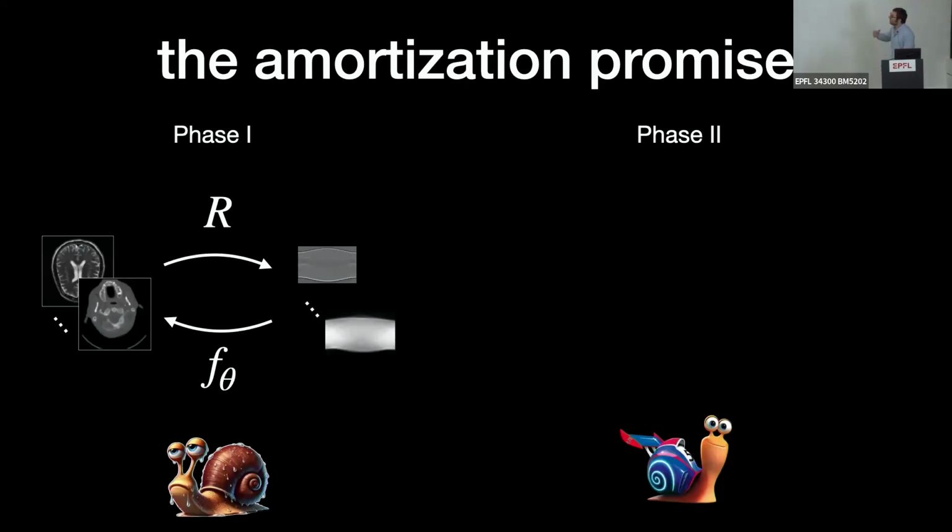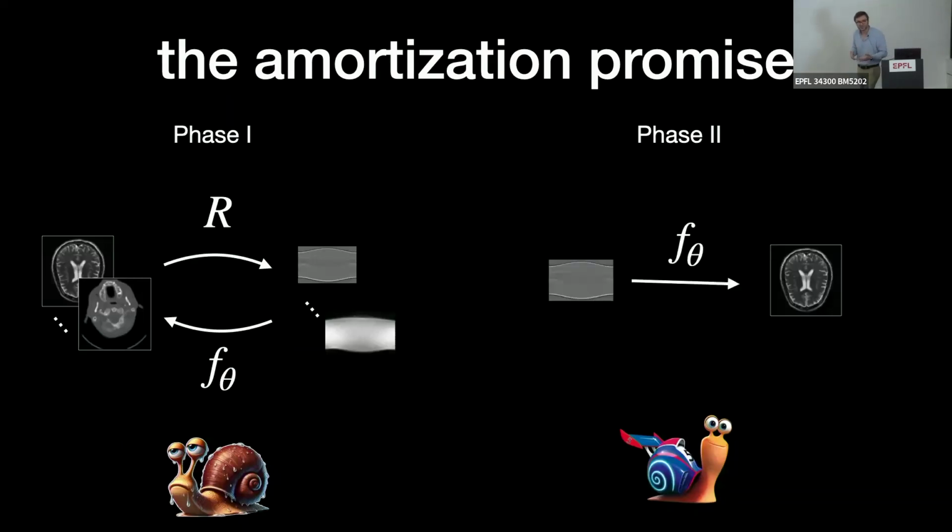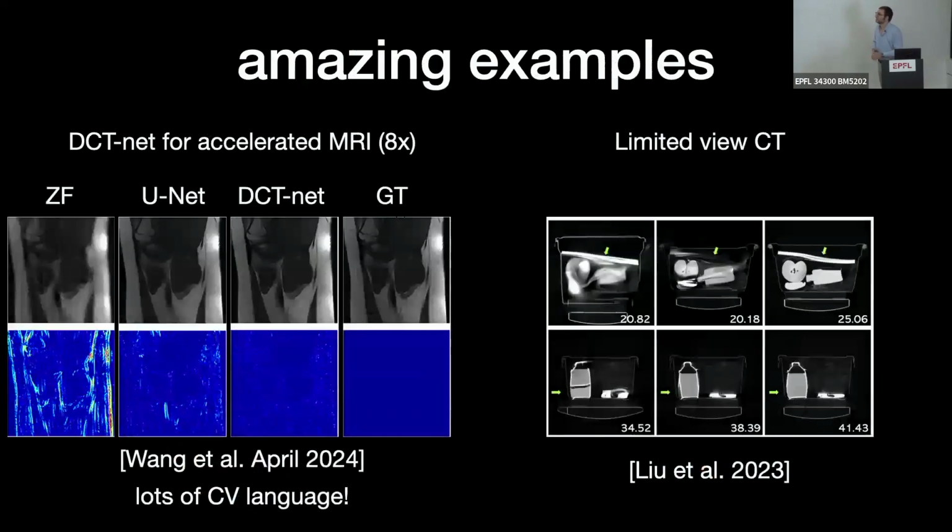Right? But then at the end of this first phase, you distill both the knowledge of the physics insofar as it's needed to reconstruct an image, but also some sort of an ephemeral description of your data, of regularity, of what does a brain or a knee or something look like. You distill this into a set of weights, numbers. Once you have these numbers, you can go to phase 2 that is fast and beautiful. You just do basically a constant amount of computation for any new piece of data that I bring you, for any new measurement, right? And I'd like to be sarcastic about this, but I cannot because this works extremely well.